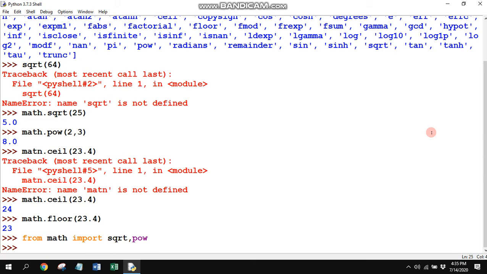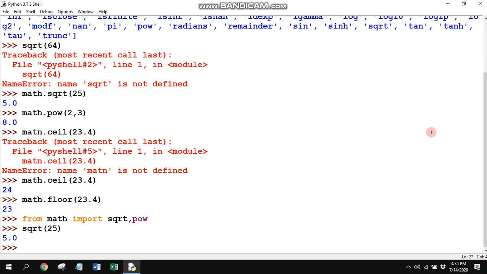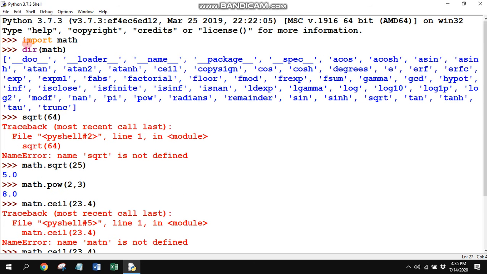Now if you write simply sqrt 25, you will get the output. So here we have imported only two functions, sqrt and pow, from the math module. And if we write import math, then all the functions of the math module are imported.